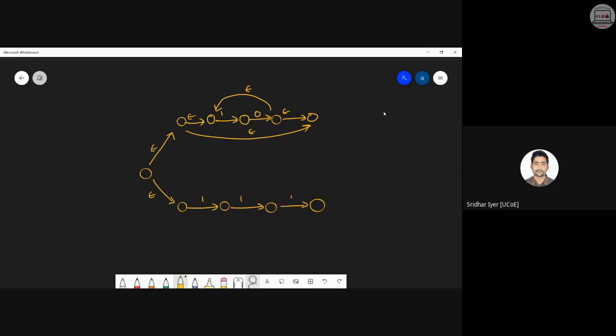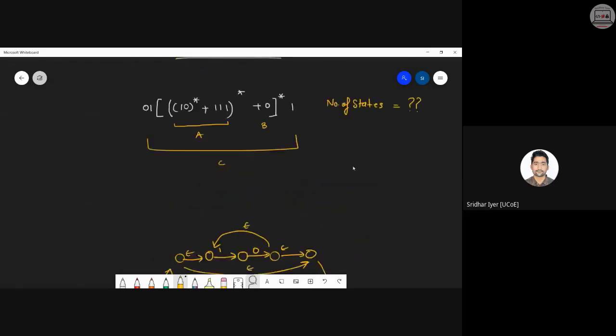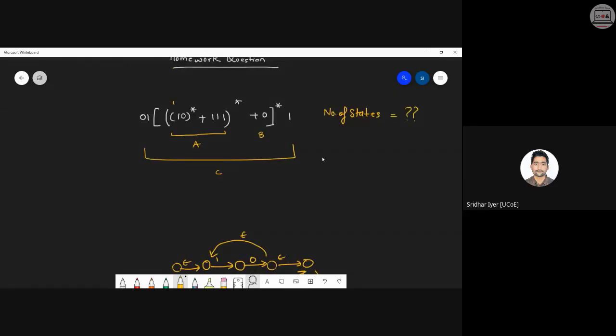So here comes triple one, and we are adding them together. That is, there is a plus in between. So again, we have to combine them together into one state like this. So we are done with the A part. Sorry, not yet. We still have the closure of this. So this is 1 0 closure plus triple one. Clear with this diagram? So I'm done with this much part, 1 0 closure plus triple one.